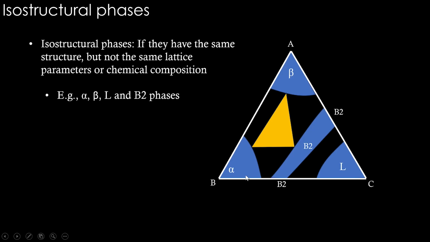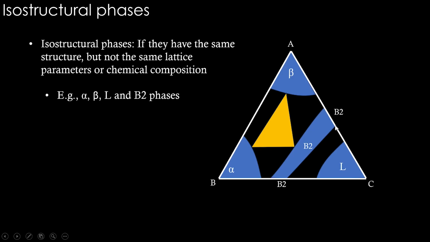And it is there in the ABC ternary space as well. Okay? That means this alpha is extending from this binary side here or this binary side here. Eventually it is also meeting, and people say this is a continuous field from one binary to the other binary, which is basically an extending phase. Similarly beta and liquid also.